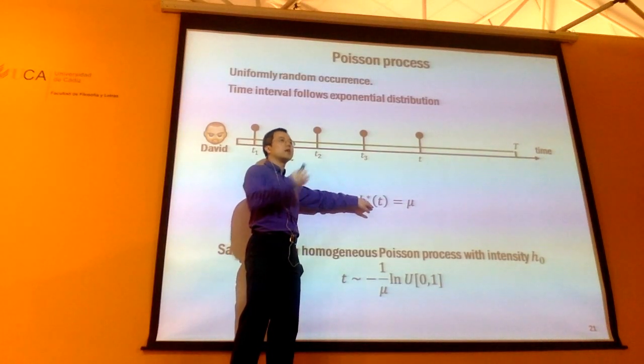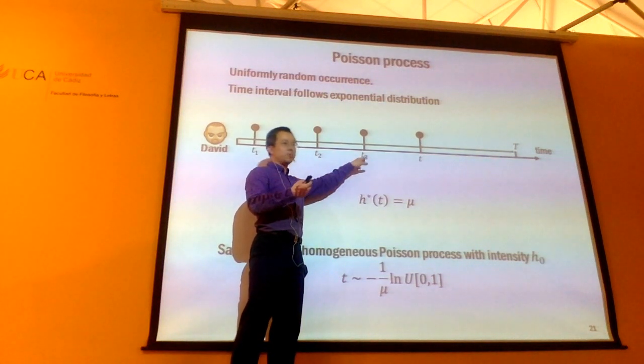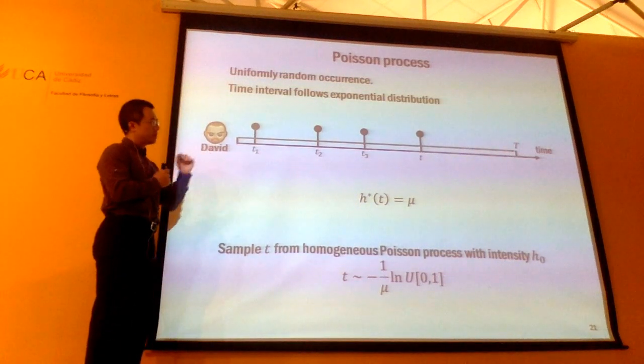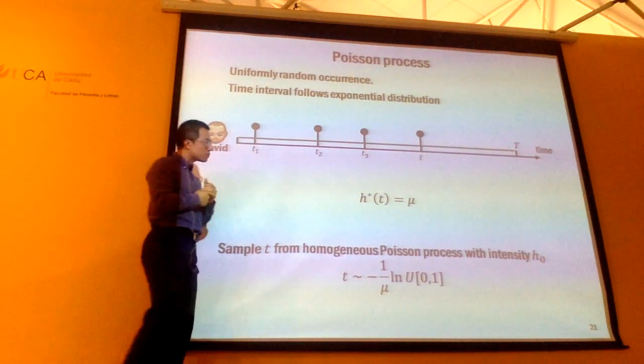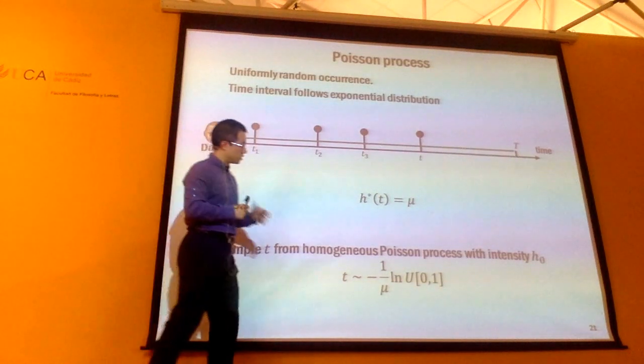once I have designed a particular conditional intensity function, how do I actually sample data from it? How do I generate or simulate data from such a model? For the Poisson process, it's super easy to simulate based on this parameter. What you do is first determine a time interval 0 to T.